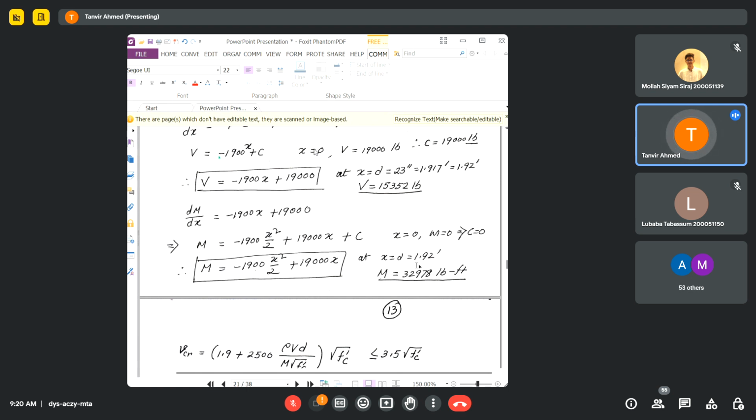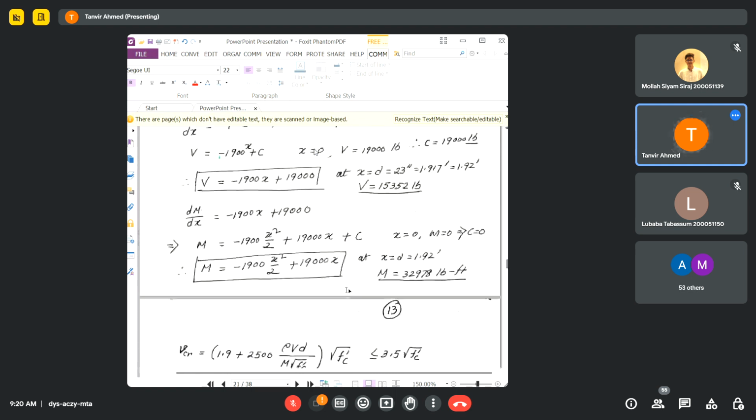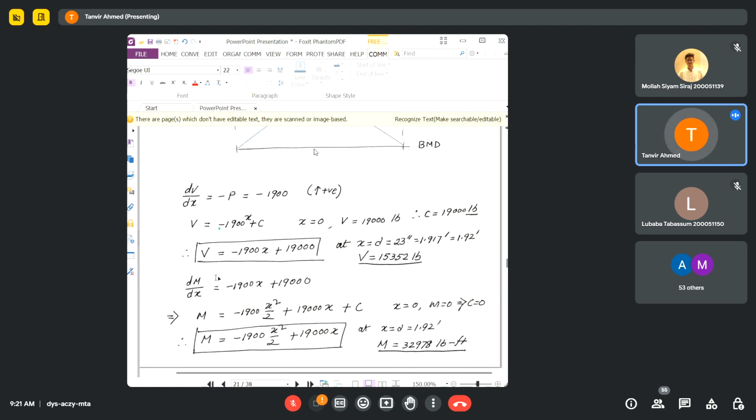So at a distance x, or at a distance of 1.92, the value of m will be 32,978. You can just plug in the value of x 1.92 and you get the value of m at a distance of d. Effective depth d তে কত m সেটা আমি পেয়ে যাব। আচ্ছা, এই জিনিসটা আমি এভাবে বের করছি,